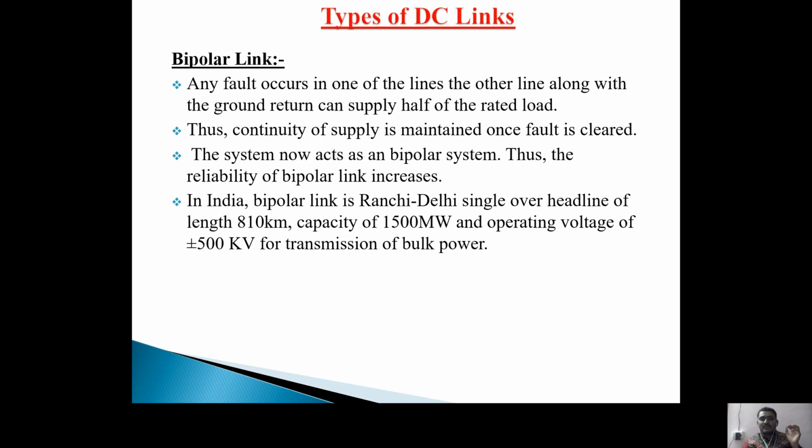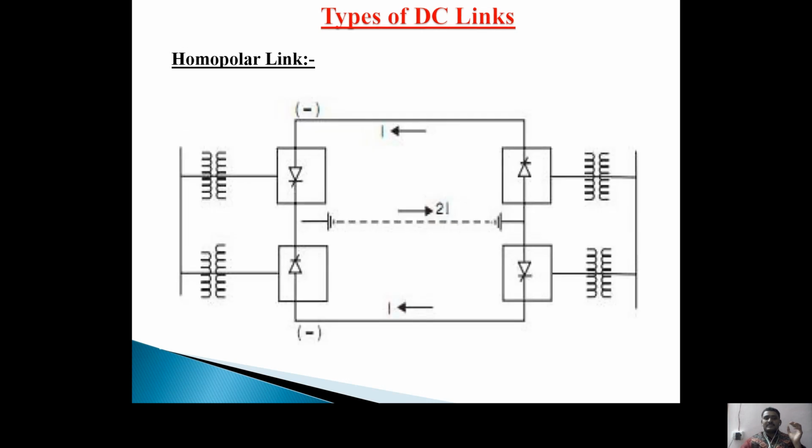And next we are going to the homopolar link. This is one of the types of DC links used in HVDC transmission. In the homopolar link we are using two or more conductors with negative polarity only. In the monopolar link we are using the negative polarity only. In the bipolar link we are using both positive and negative polarity, but in the homopolar link we are using only negative polarity. In the monopolar link, as I already said, we always use negative polarity because it reduces the corona loss and radio interference problem. Okay,